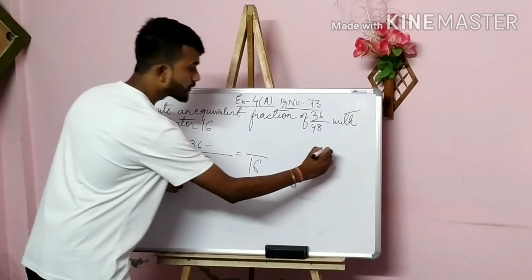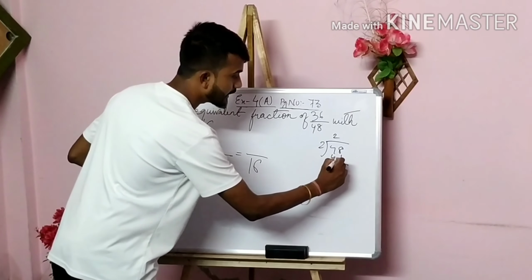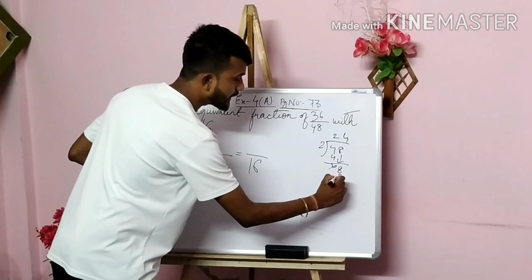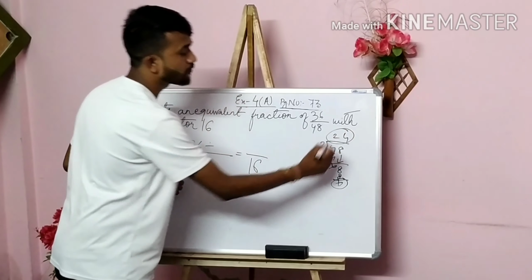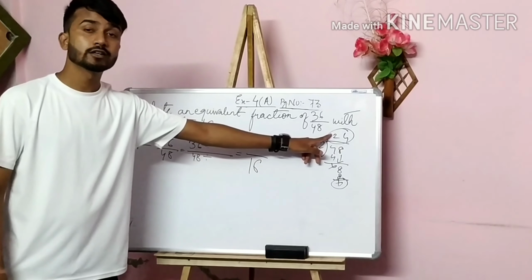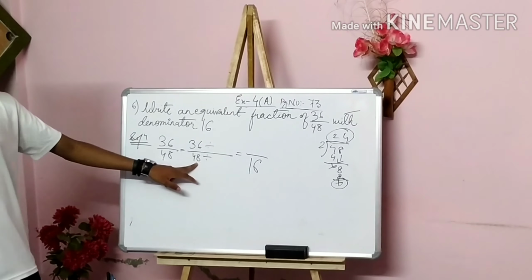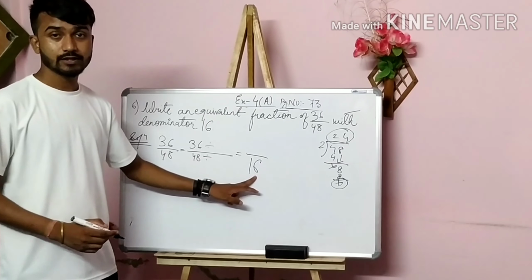Start with 2. 48 divided by 2. So 2 2s are 4. Again 8 will come. So 2 4s are 8. What number have we got? 24. No, it is not our answer, because we want 16 as a quotient. So whatever number we divide 48 by, the quotient should be 16, isn't it?